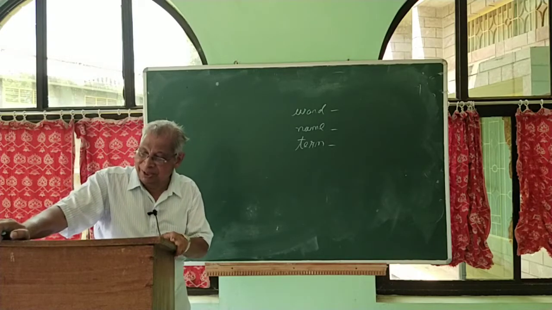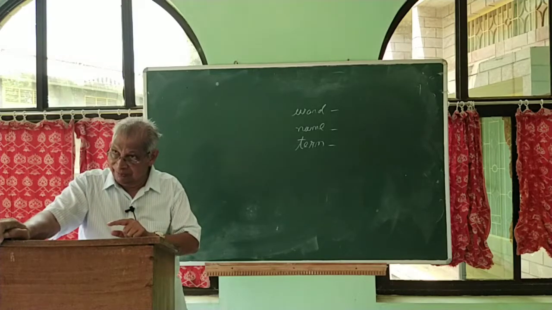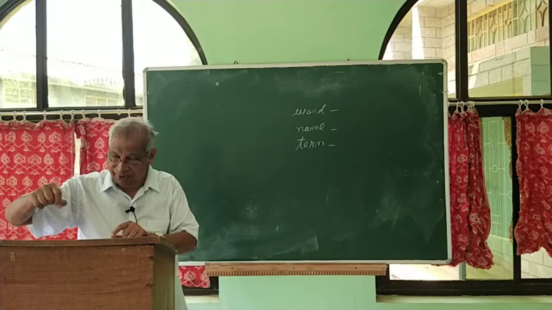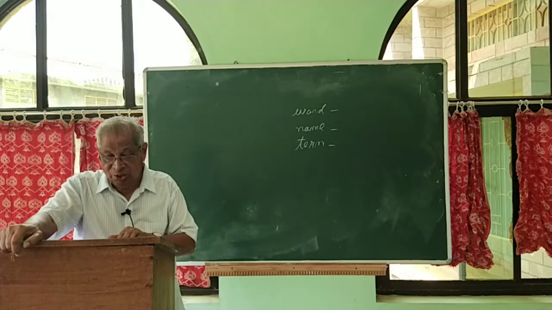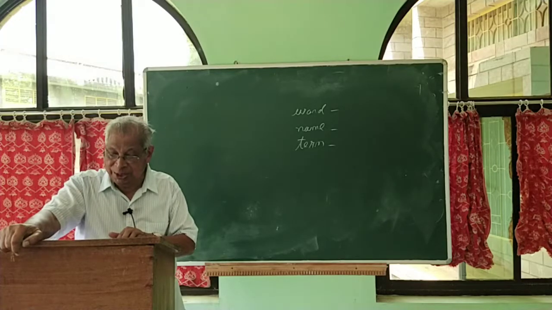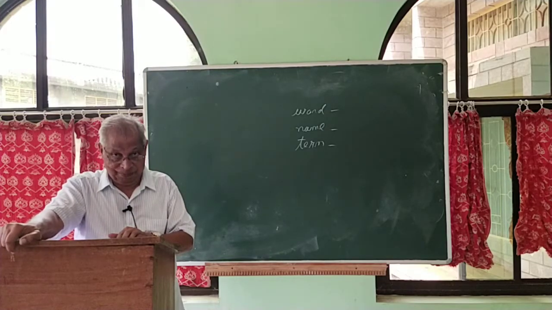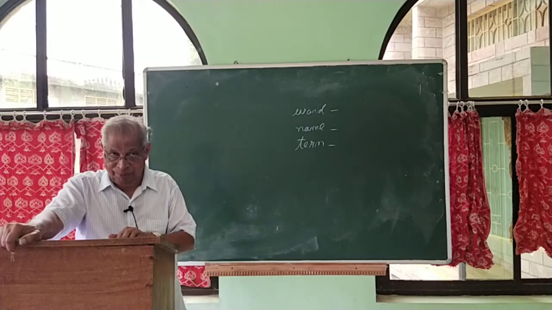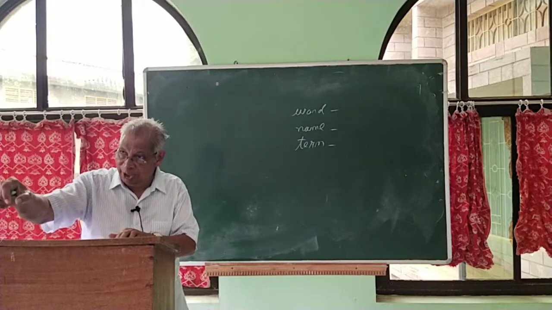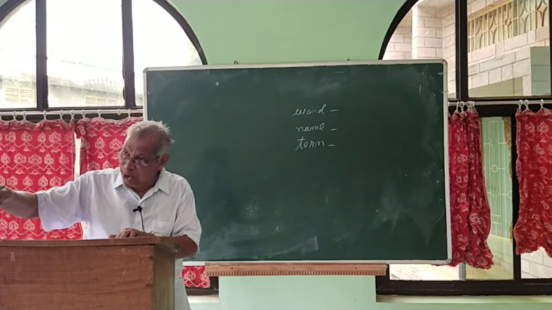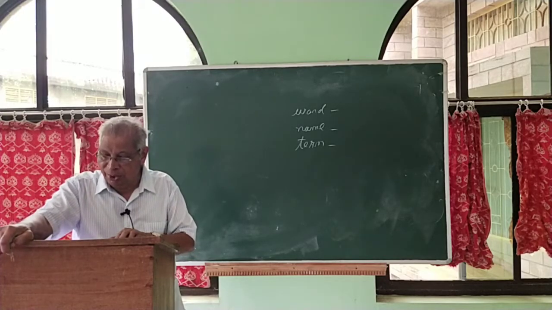That is the first. Then, what is a name? A name is a word. One type of word is name. What kind of word? A name is a word or group of words which can become the subject or predicate of a proposition. I have underlined there "which can become." So it is not by chance I put it. There's a reason for that one. Any word or any group of words that can be used as subject or predicate of a proposition is called